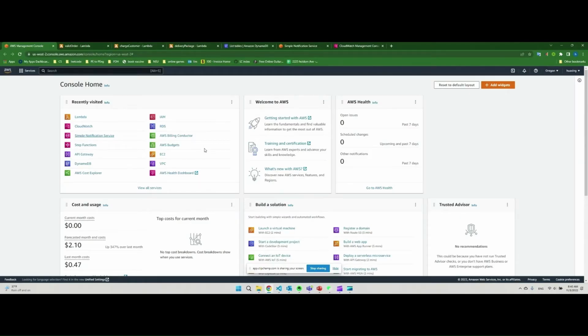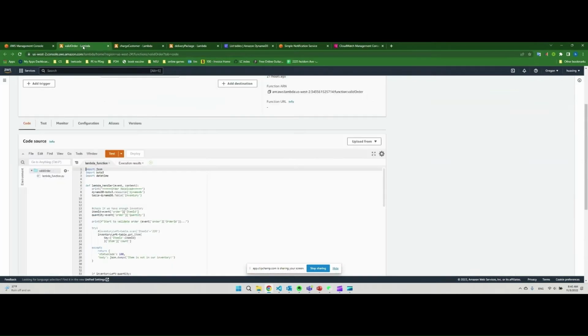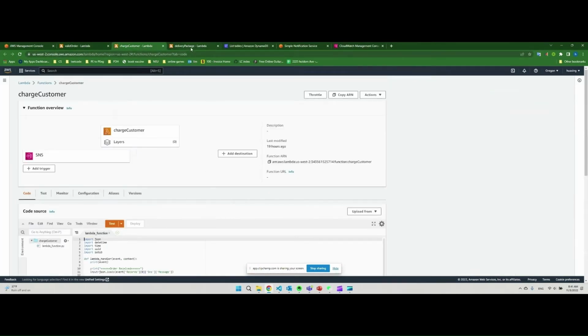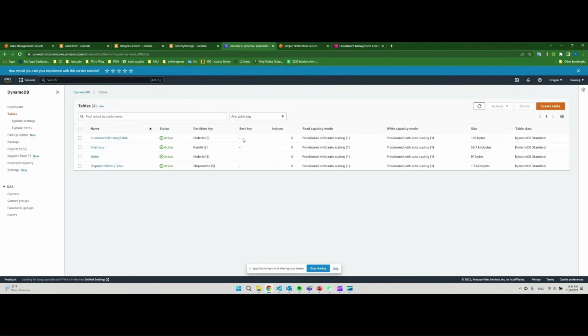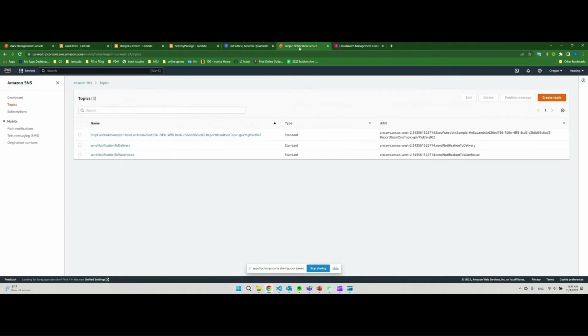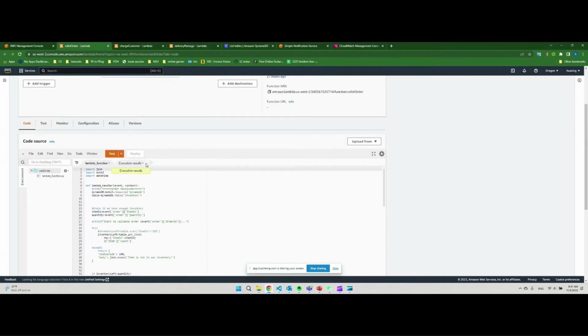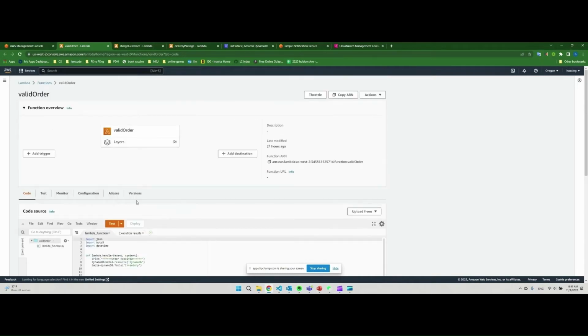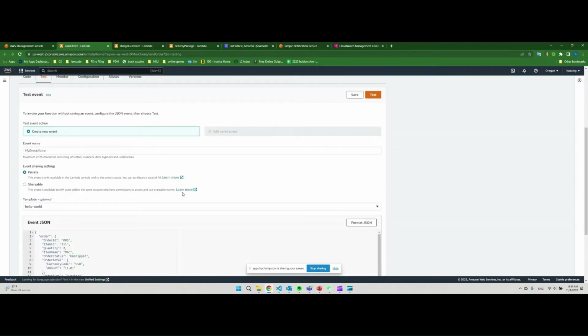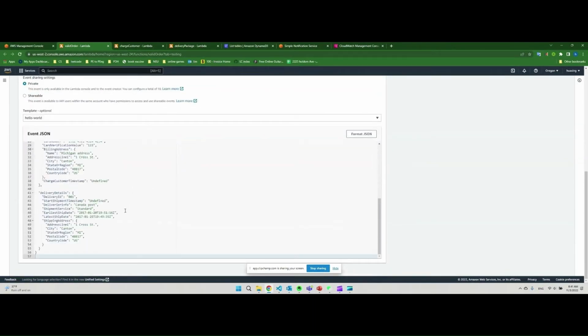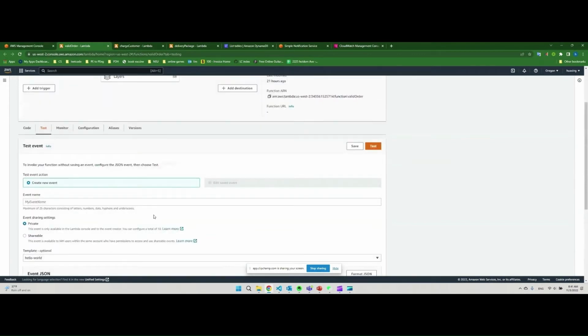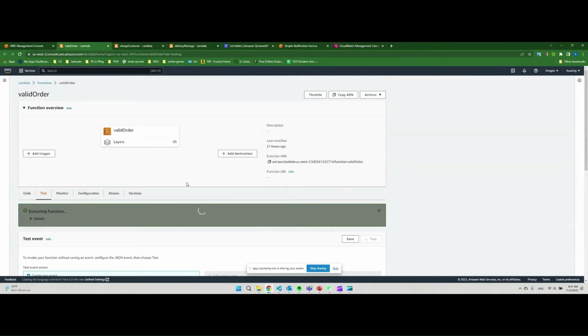Next is a quick demo. Here are my Lambda functions: validate order, charge customer, deliver package. Here are my DynamoDB tables, SNS topics, and CloudWatch trying to monitor what's going on. I will not walk through the code line by line, but rather have a quick demo here. If we hit test, this is the payload JSON that I introduced before. And if we hit test,